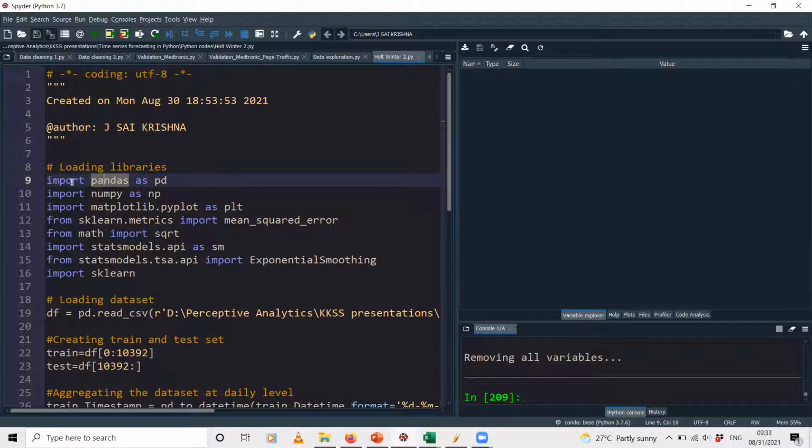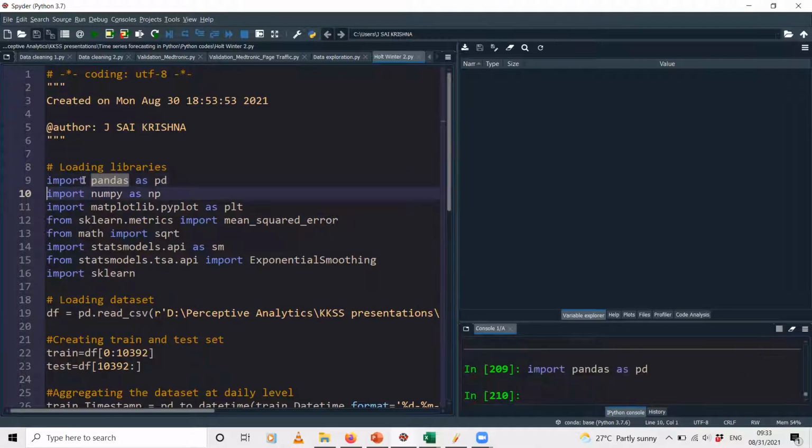This library is used to perform data set operations, or data frame operations to be more precise. Basically, you can take in data files from CSV or Excel files, and then you can model them as rows and columns, and do aggregations, modeling, and so on and so forth. So that is what this pandas library is used for, and this is the first library that we'll be loading.